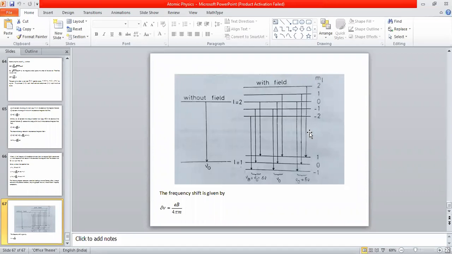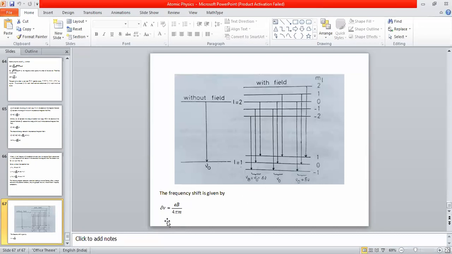That spectral line has frequency slightly more than the original one, because these three correspond to delta ml is equal to +1. So the frequency must be the original frequency mu naught plus delta nu, slightly more. What is delta nu? It is EB divided by 4 pi m. In both the left extreme and right extreme spectral lines the frequency shift delta nu is the same, EB divided by 4 pi m, and this is what we call the Zeeman shift or